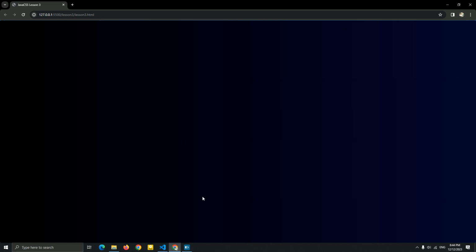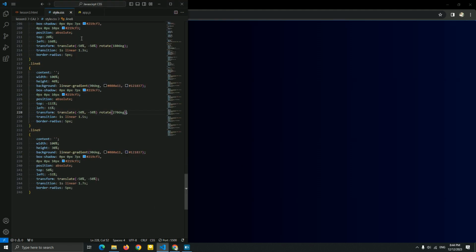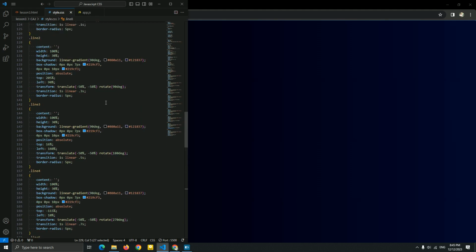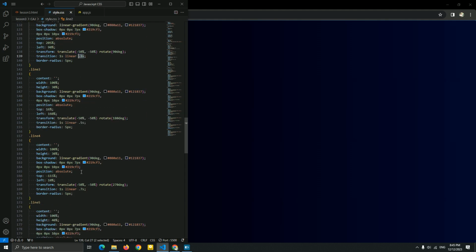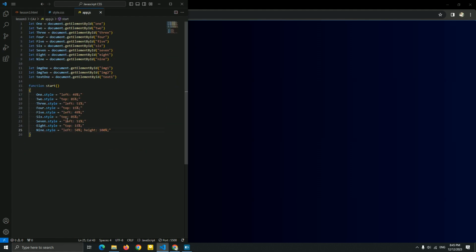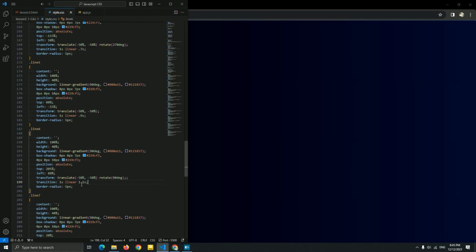Okay, now let me just explain how this animation working. So first, as you can see, we add this transition that make this happen. So let me just explain what we needed for this animation of the line. As you can see, just like I explained in lesson 2, this number, let me just tell you, this number, that means the line 6 after 1 second start the animation to start to be on this top be 85%. This is why I add this number to start after few seconds.